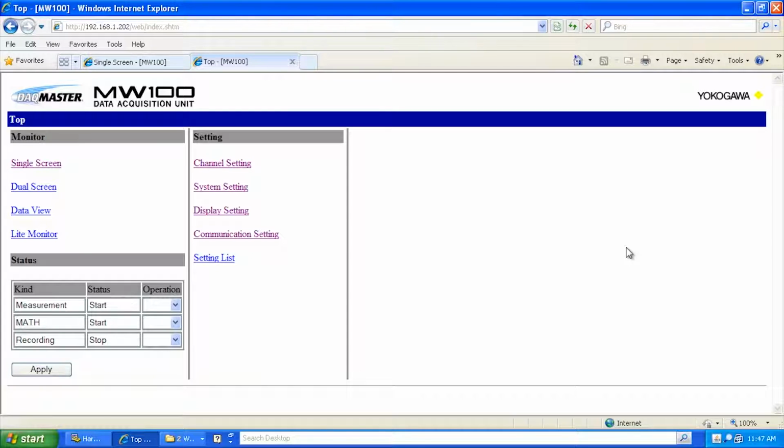Now, one of the things with the manual sample file is it takes a little extra time to write to this file. It opens up the file, writes the data, closes the file. So you're really limited on how often you can actually write to this manual sample file. It's going to be somewhere between 2 and 5 seconds, depending on how much data you're trying to write to the file. So a good limit is probably about 5 seconds,